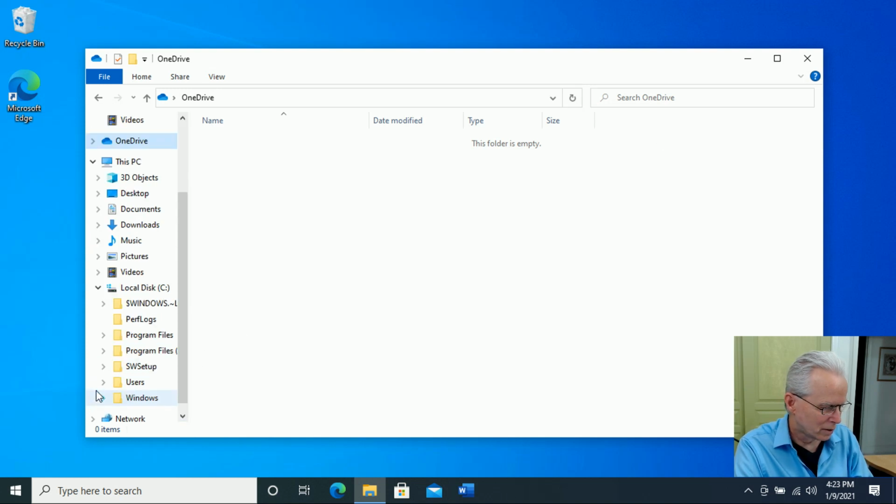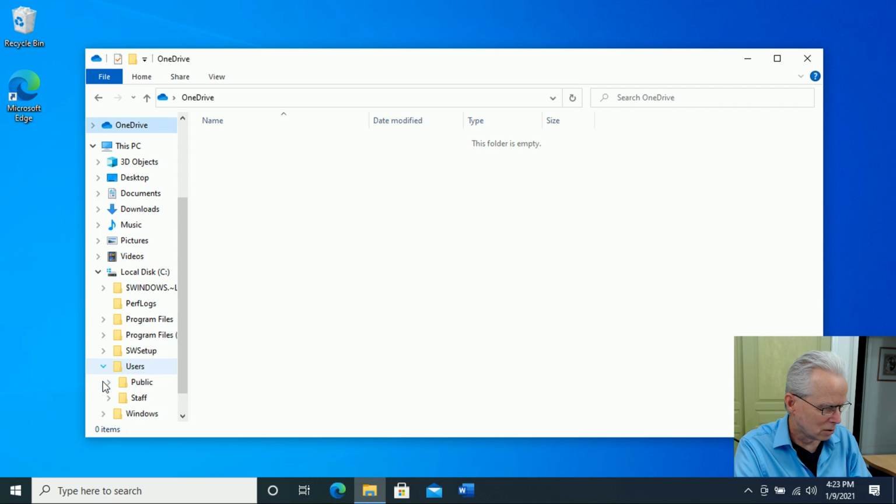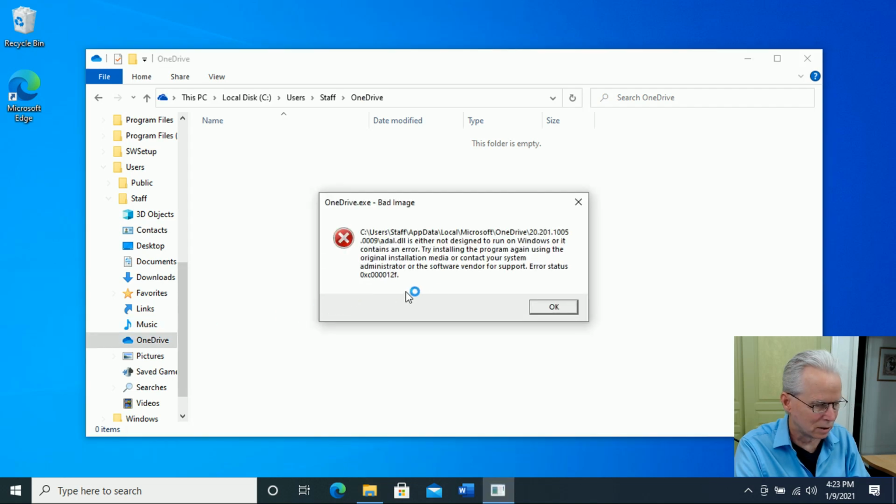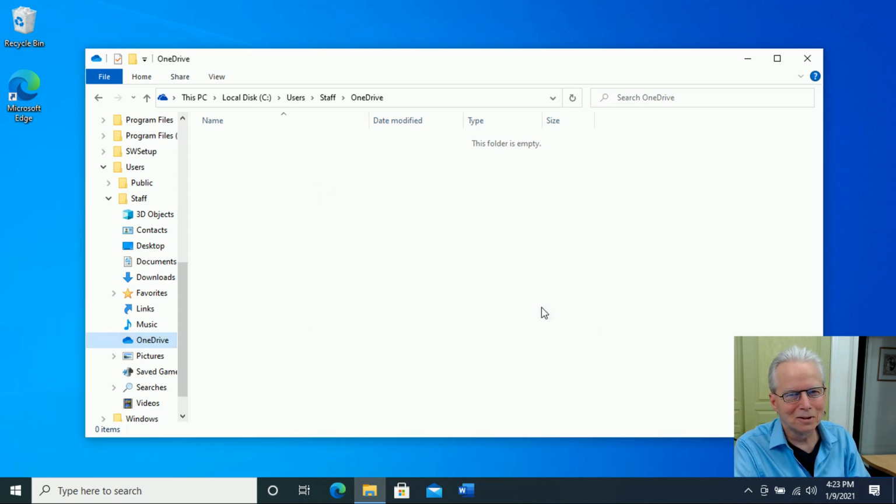And if I expand the C drive and go look in the users section under the staff profile, there'd be a folder here for OneDrive. There it is. Probably get that same message. Yes, indeed. So I'm a little bit torn about whether to let it do that fix routine it wanted to do,